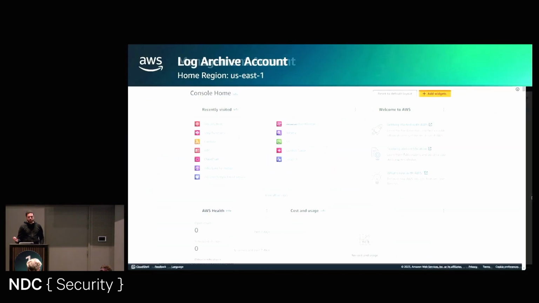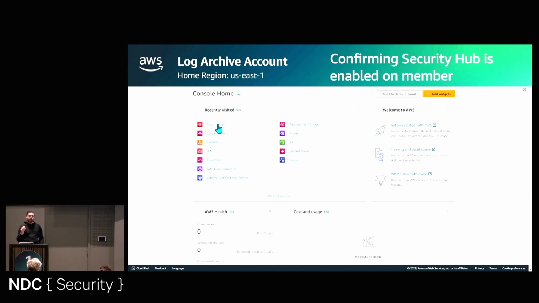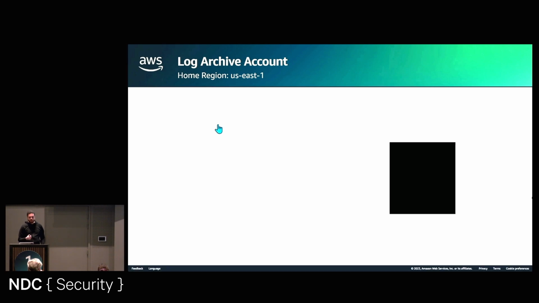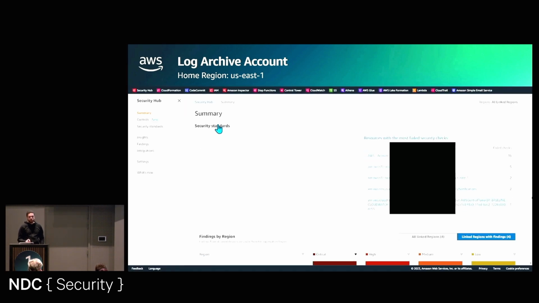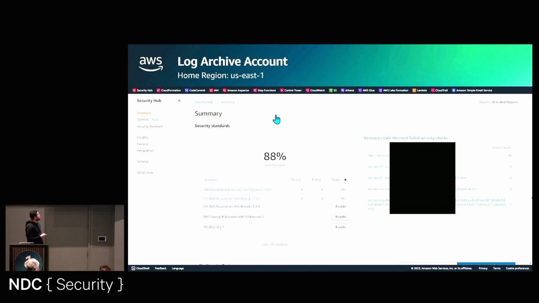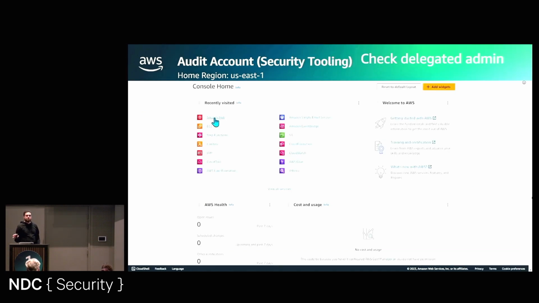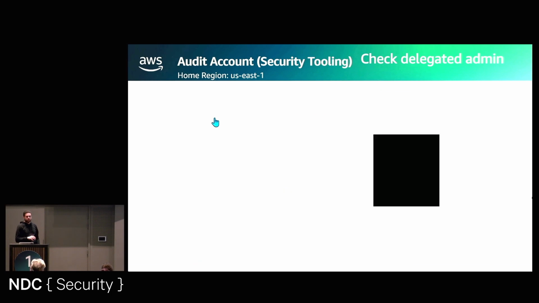Since we have now enabled Security Hub, I would like to confirm that it has been enabled and configured successfully. So I'm opening one of the member accounts in the organization and navigating to the Security Hub console to see if Security Hub has been enabled in that account already. And as you see, Security Hub seems to be loading perfectly fine on one of the member accounts with a security score of 88%. That's exactly what we want, to make sure that the different member accounts also have